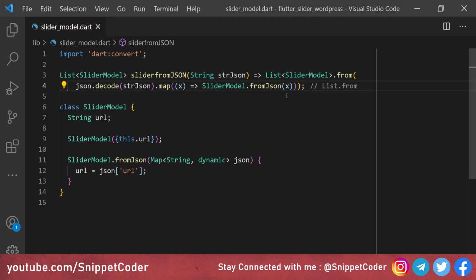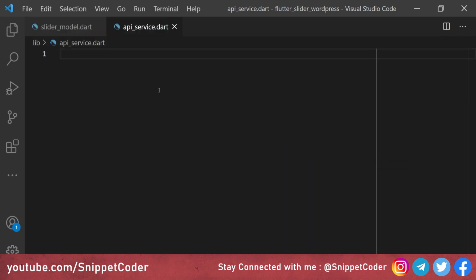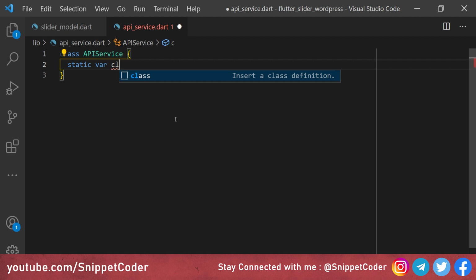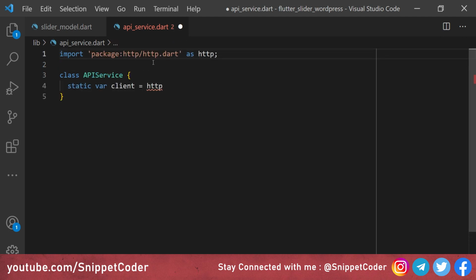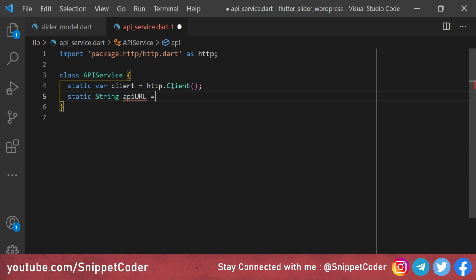Now we will create the API service class, api_service.dart file, and this API service will be used for communicating with the REST API to get the data from WordPress, and we will integrate that data in our Flutter application. Here we will have class APIService, and here we will create one variable, client, equal to http, and here we are importing the HTTP package. Then we will have http.Client, then here we will have String apiURL,